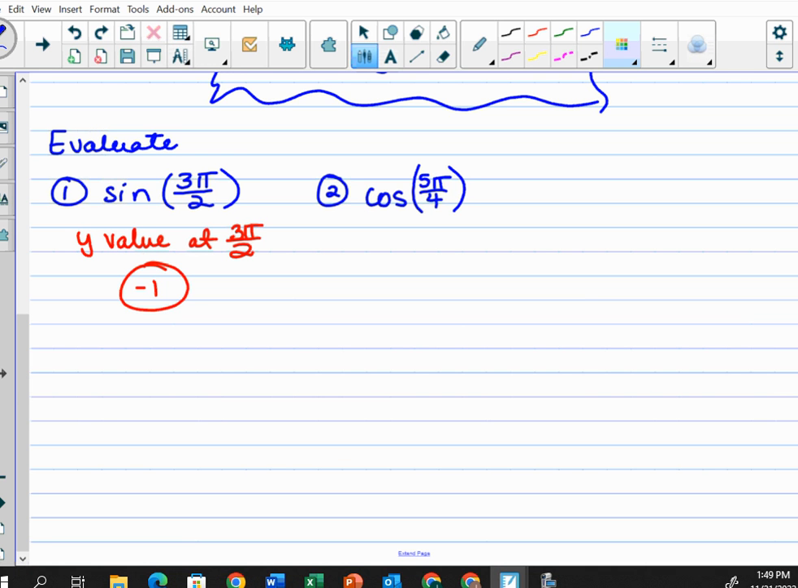And you don't have to write out like y value at 3 pi over 2. That's just me telling you what you're doing here. Yep, so this one we're talking about the x value. The x and the y, or